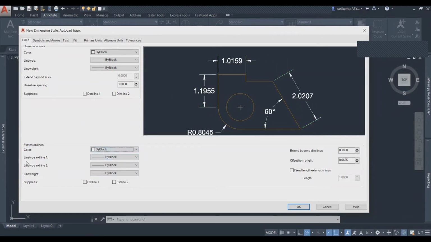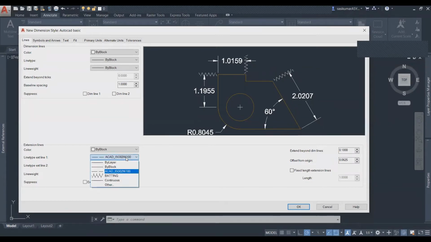The same line type, whatever we have seen in the dimension line, you can do for the line type. If it's a dash line, it will change to the dash line. If it's an AutoCAD line or S line, automatically it will change to the S line. You are not able to see the dash line here because the preview is very small. When you use this setting in your drawing, then you can see the big difference. But this S line, you can see that in the same way the dash line will be reflected.